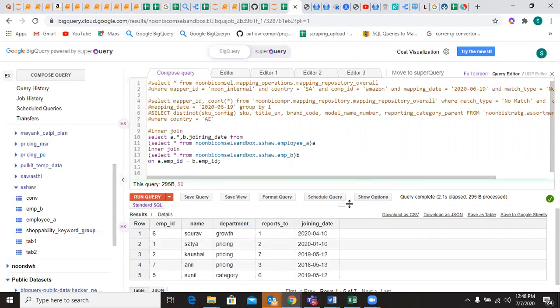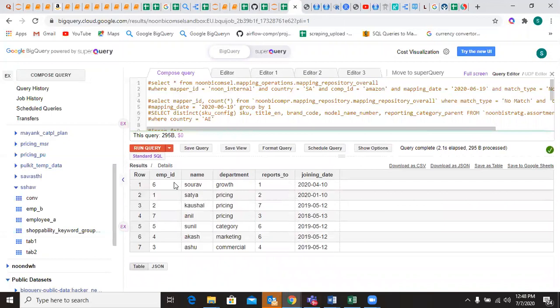So you see there are 7 observations. Why 7? Inner join. For employee IDs 1, 2, 3, 4, 5, 6, 7, which are present in the left table, we have a joining date present for all the 7 employees. So we got 7. For example, suppose table A had employee IDs 1 to 7 and another employee ID like 10 or 11, and in my table 2 that entry was not there. In that scenario also we would have got only 7 results. The result is the intersection: the observations should be present in both the tables.